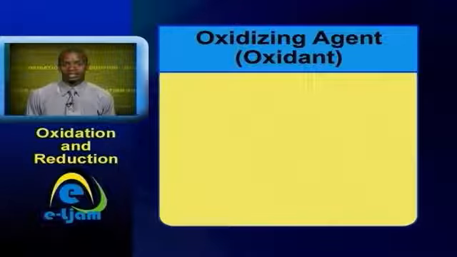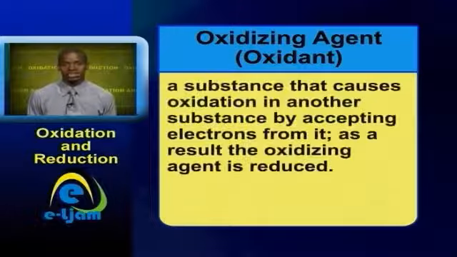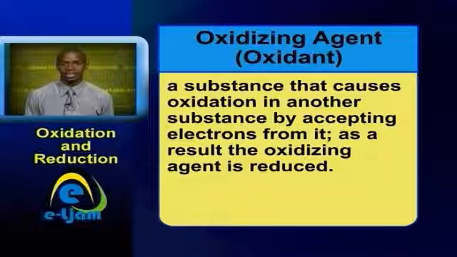An oxidizing agent or oxidant is a substance that causes oxidation in another substance by accepting electrons from it, and as a result, the oxidation